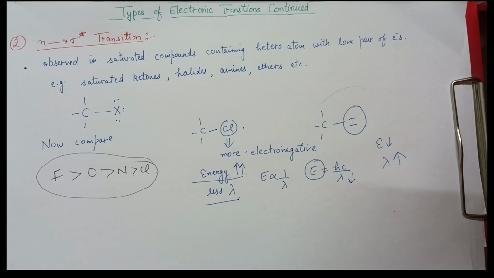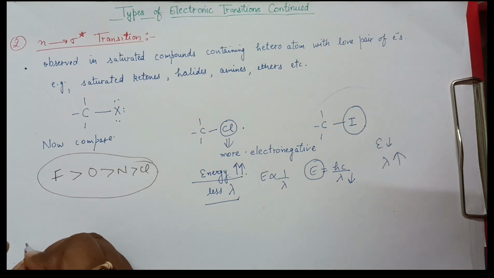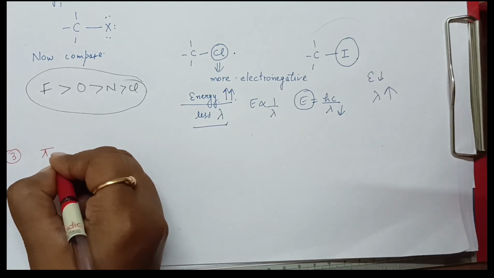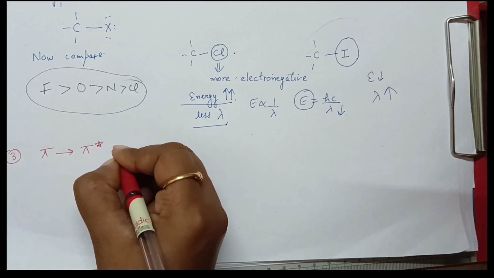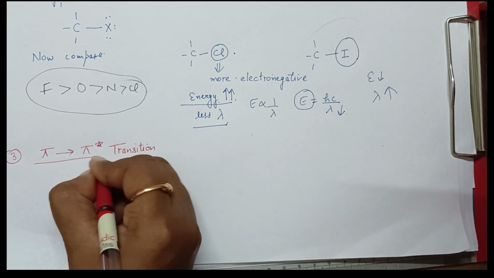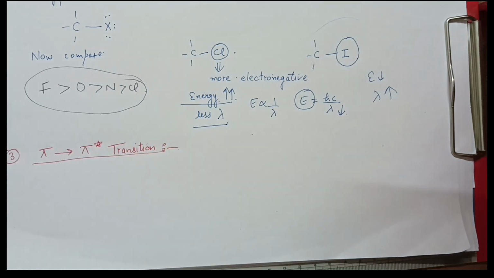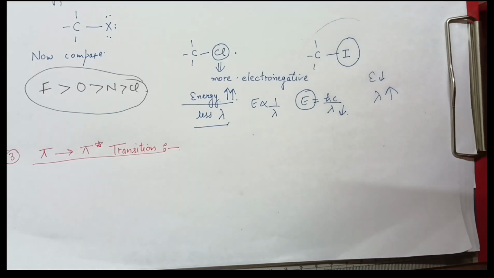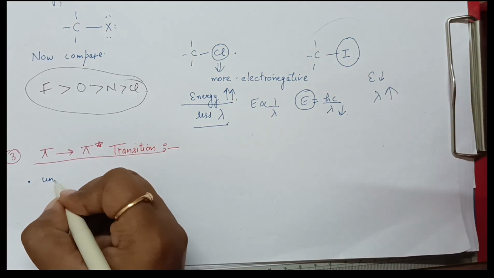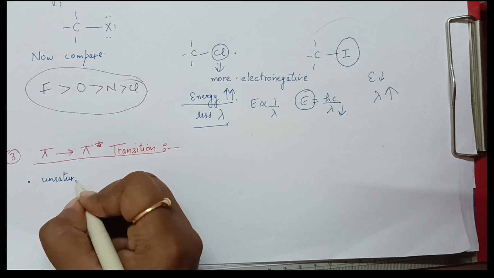Now we will move on to the third type of transition, that is pi to pi star transition. In these types of transitions we will have unsaturated compounds. So pi to pi star transitions will be shown by the unsaturated compounds. Now one thing to understand is that we need not